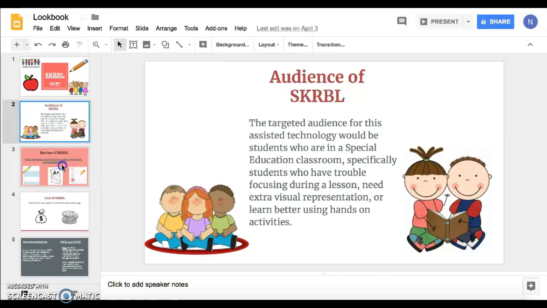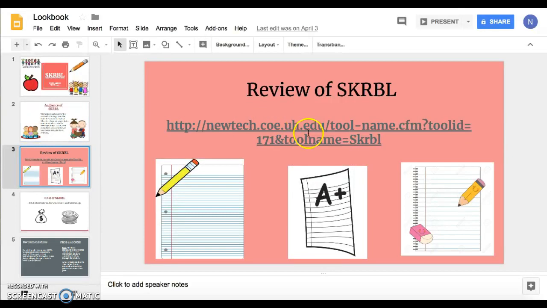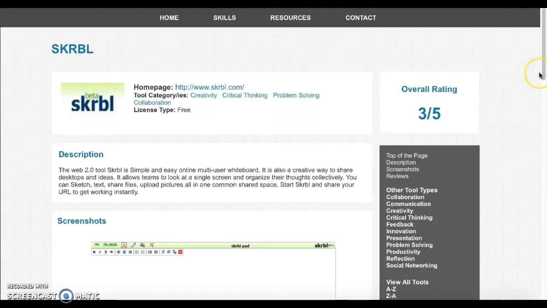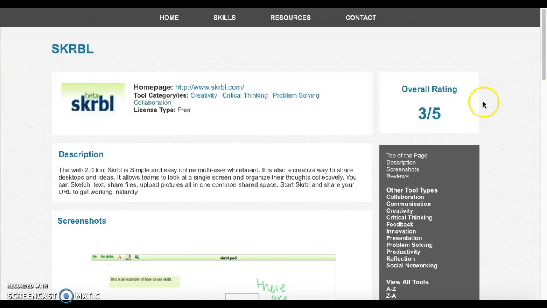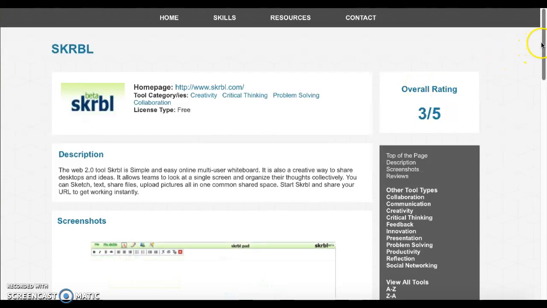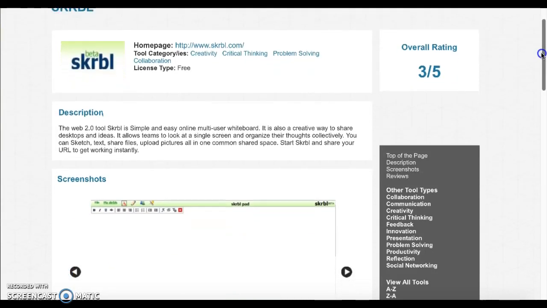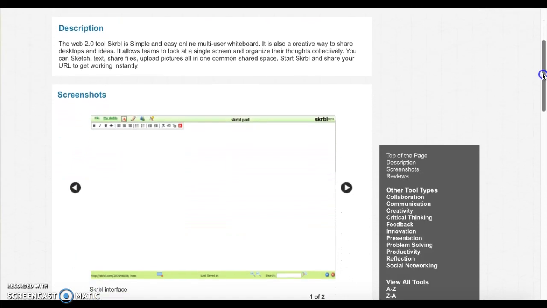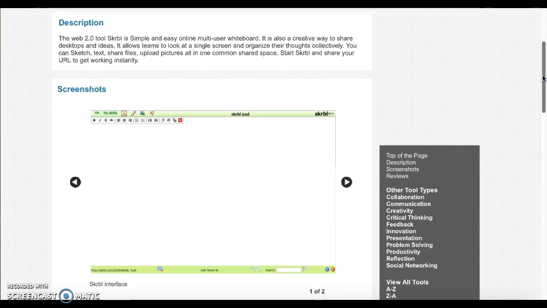So moving on to the review, I added this website that I got most of my research from. And whenever I was doing my research, I noticed that it had an overall 3 out of 5 rating. I haven't used the tool, but I thought that that was pretty good because looking at it, I just liked